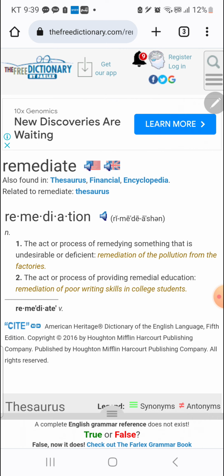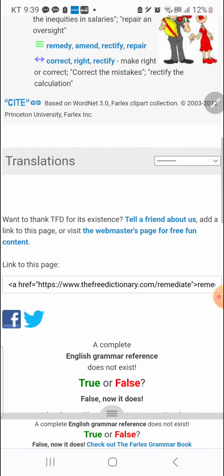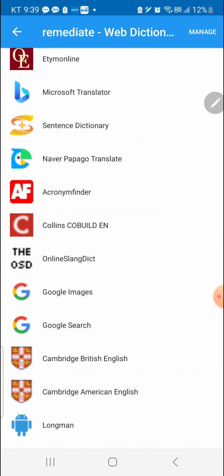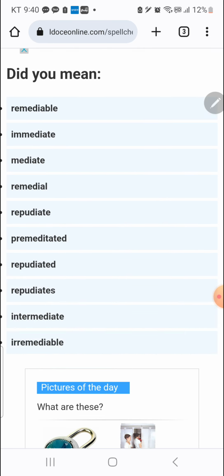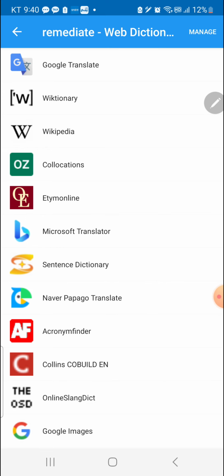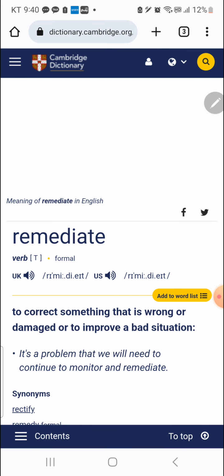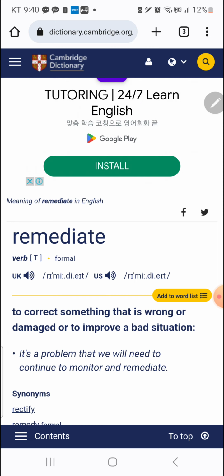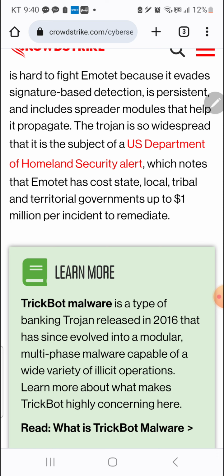Shallow. Let me try Longman, or Cambridge American English. Remediate. Much better. Remediate.